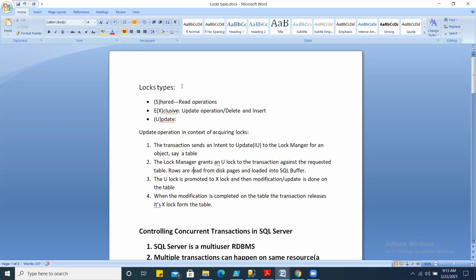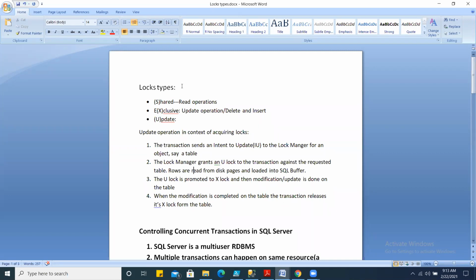Major ones are shared lock, which is used for read operations. A read operation is when you only have a select statement in T-SQL. That is your read operation. So all read operations require a shared lock to be occupied on the resource from which they have to read the data.